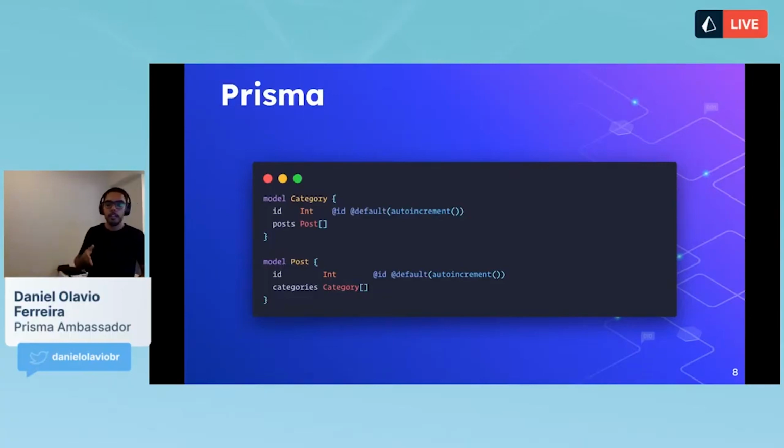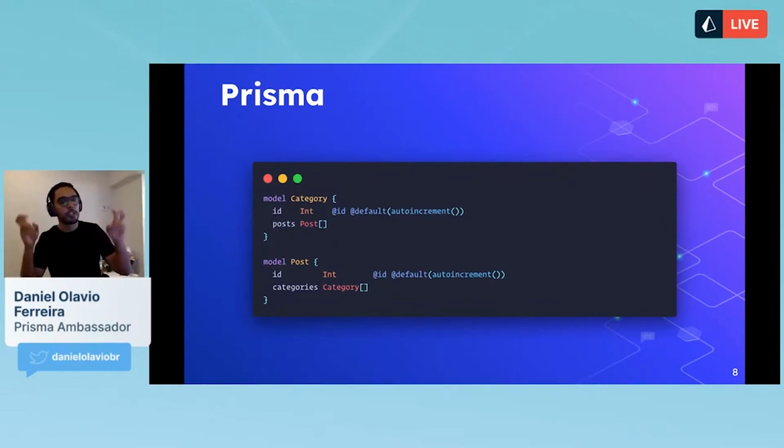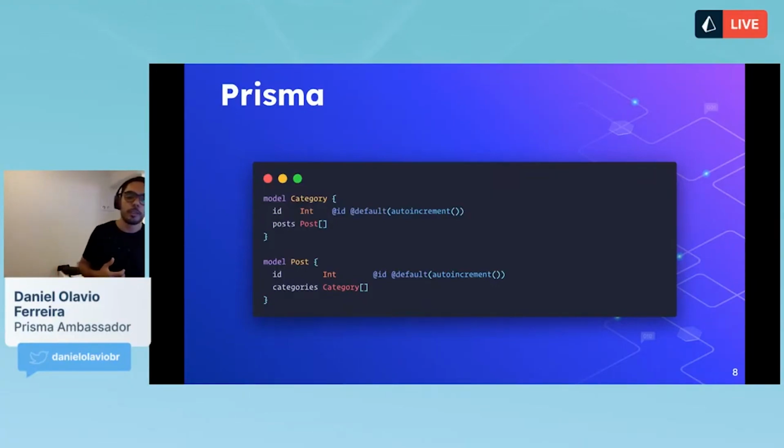The second column is the type. So it's what type this column is going to be. In this case, this column is of type integer. So it's an Int. And lastly, we have our decorator or options column, where we can pass some extra configurations to Prisma so it can better build our table when it translates all of this into SQL. So we tag our ID column as an ID with the @id decorator, and we tag it with @default(autoincrement()).